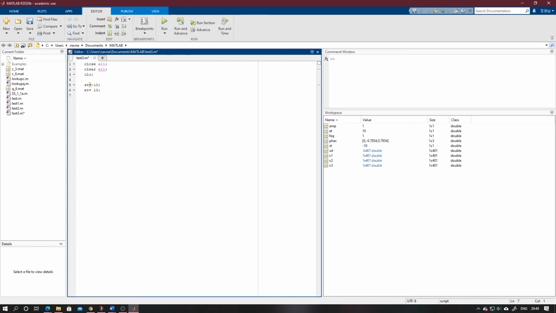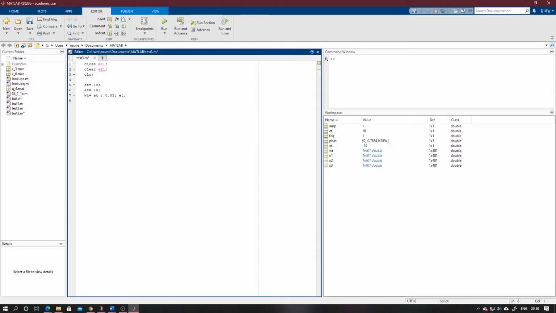Now we have to assign the waveform time axis also. So WT, waveform time, is equal to start time colon the interval of it and end time ET.